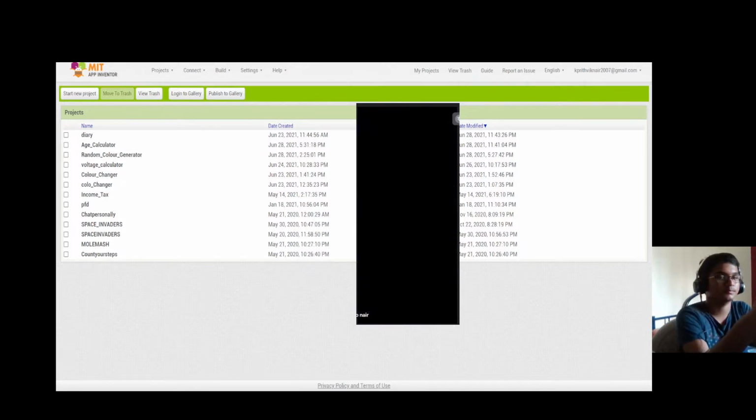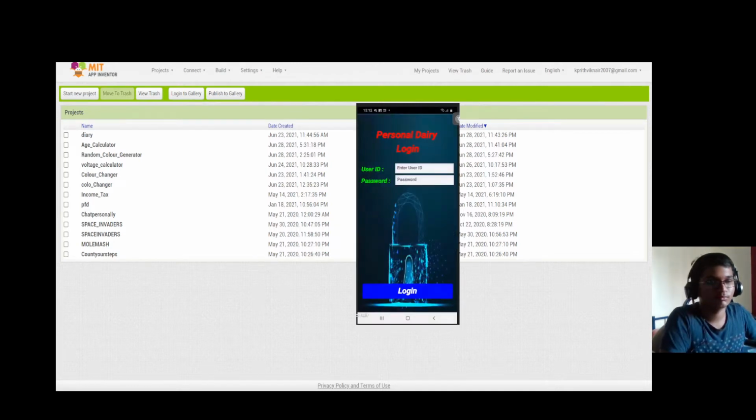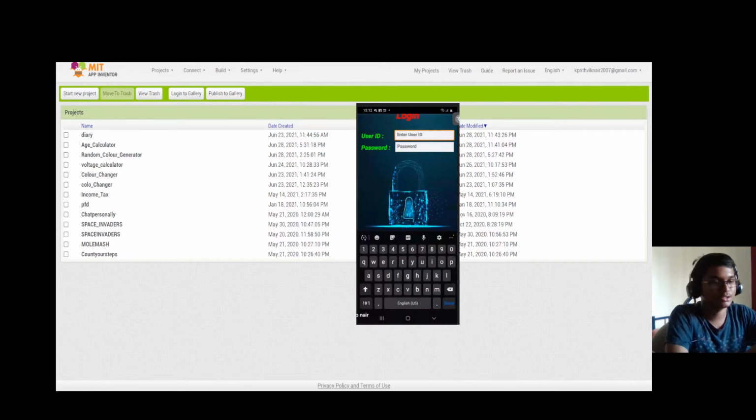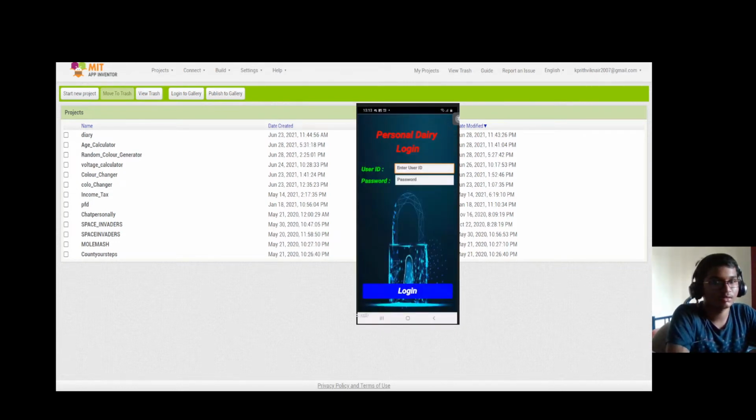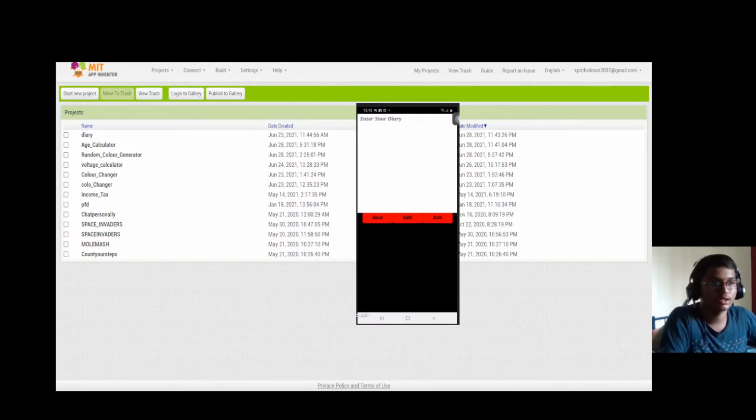Just a minute. This is the login page, and we have a label. We have one label and two other labels, one text box and one password box, a background image and a login button. So let's log in and click on login. So once we enter, we can see that there is some text in the bottom, and